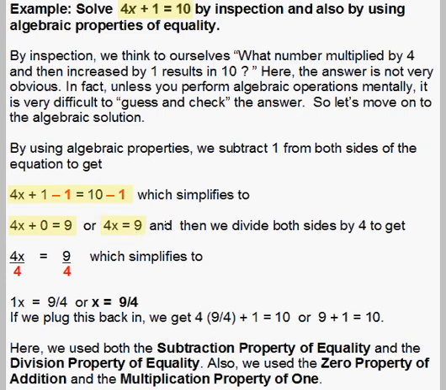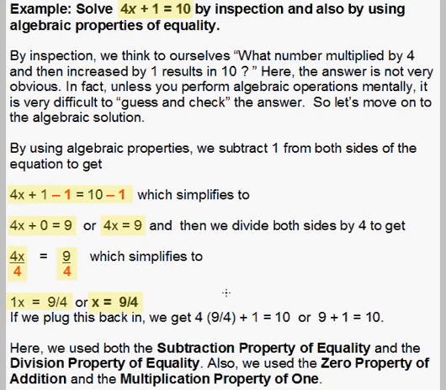Now we're almost done. We divide both sides by 4, like we did in the previous problem, to cancel out the factor. And the 4x divided by 4 just gives us x. And the 9 divided by 4 is just 9/4. Actually, we get 1x equals 9/4, and then the 1x can be written as x. So we have x equals 9/4. So here we perform the two algebraic operations we did in the two previous examples,